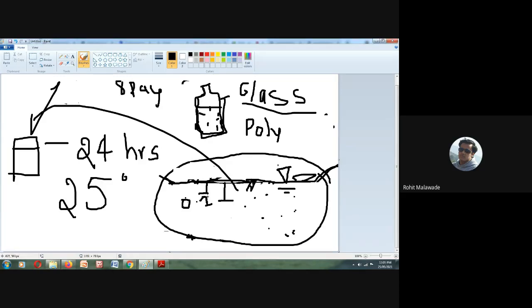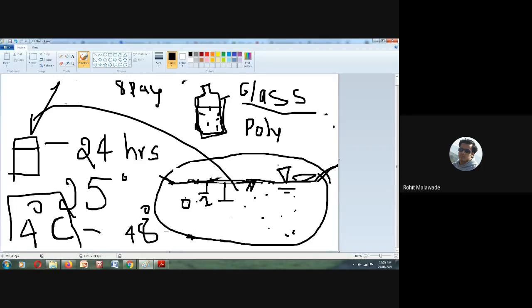In that condition, you should store the water at 4 degrees Celsius, in the refrigerator, and you can test it within 48 hours. So you get a 2 days gap from the time of collection, and if you maintain the temperature at around 4 degrees Celsius, you can test it within 2 days.